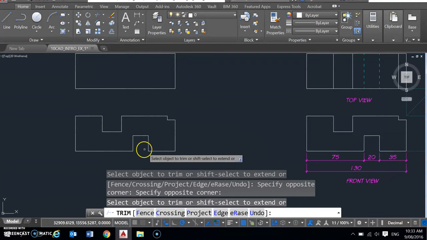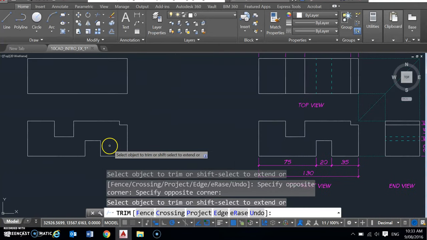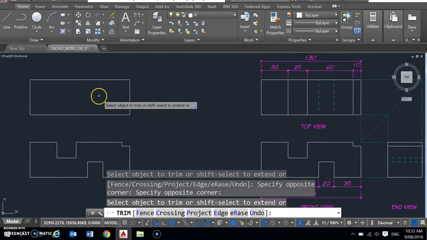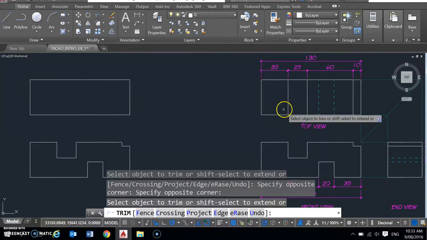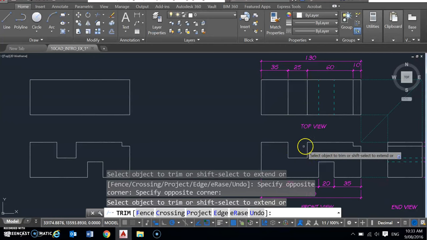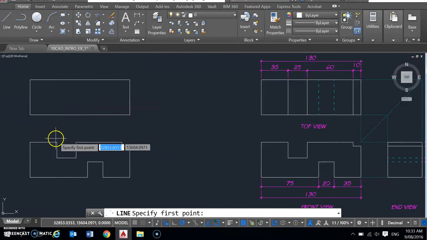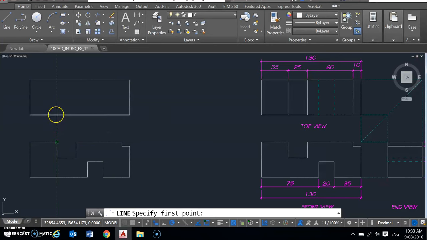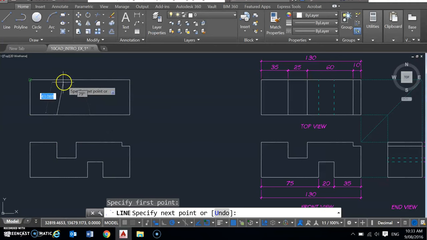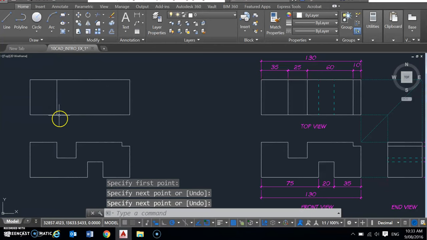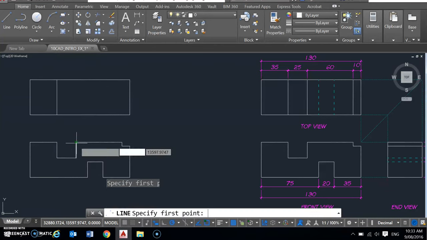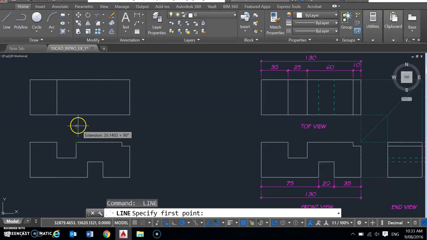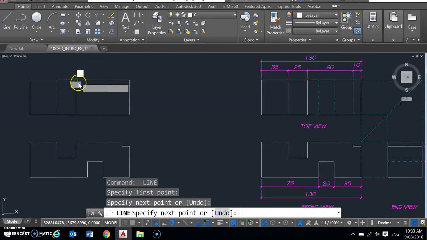Okay, so I've got my basic shape there in my front view and my top view. I need to fill in my top view. Now you can see I've got these lines indicating that rebate or that groove in the top. So I can just go back to line. I can hover over my point and I can just track a point up. I don't need to measure or offset. I can just track a point up, drag my line up, press the space bar once to escape, press the space bar a second time and it reinserts that command. Hover over the end point, track a point up, left click a second time,